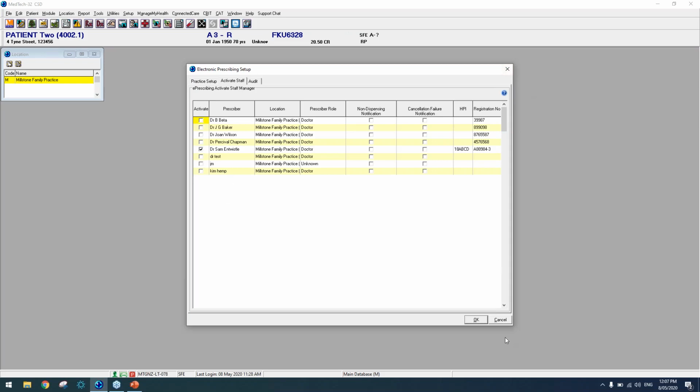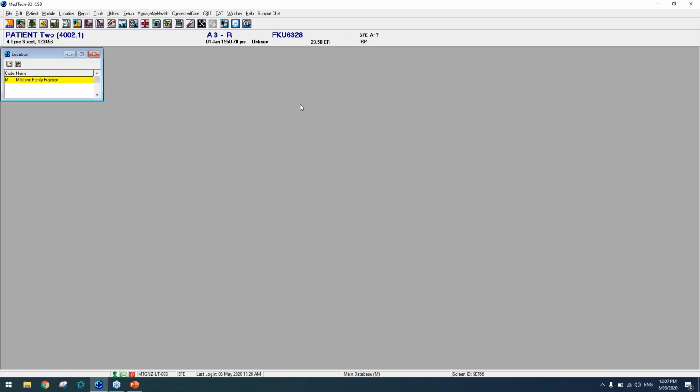Once you've ticked who you're activating, then you can exit out of that screen. So we'll start with general prescribing. Once activated, you'll prescribe medications the exact same way that you do now. There are a few additional details for you to note, but the general workflow of a prescription is exactly the same. So if we go into a patient,